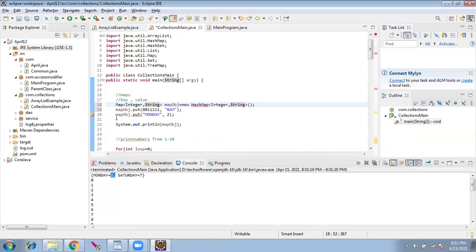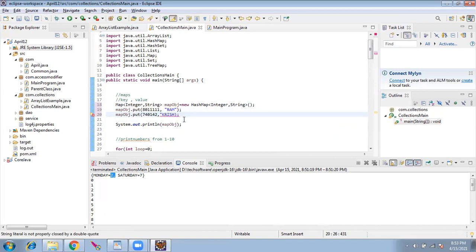Integer and string. So my first employee phone number is this one and this is Ram. My second employee phone number is 71 something and his name is Krish. The name is string, the value is key? That's what we're telling, right? No, not the reverse. The first is always the key. The phone number is the key and the name is the value. So this phone number belongs to Ram. This phone number belongs to Krish.